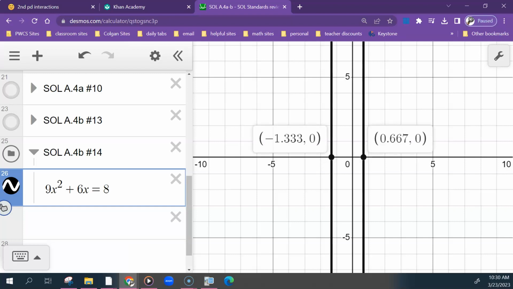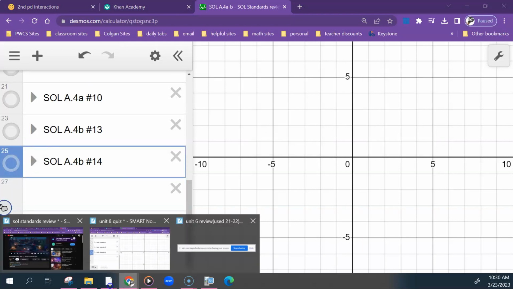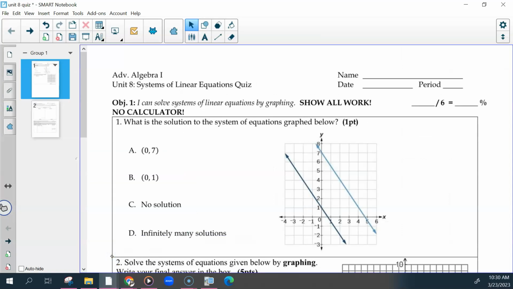So I think this one, it either gave you one of these, you had to figure out which one, or it gave you both, you had to figure out which one. Remember that these are good practice. You may be forgetting to do them, but still go back and do them even though you have the answers. That way when you go to take the SOL, when you see it on the SOL, you remember how to find it on Desmos. The ones that are due next Friday are the following: